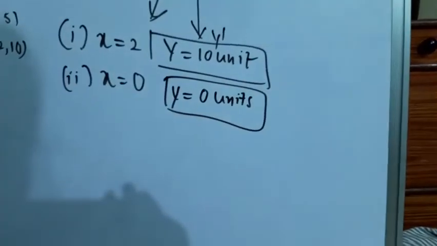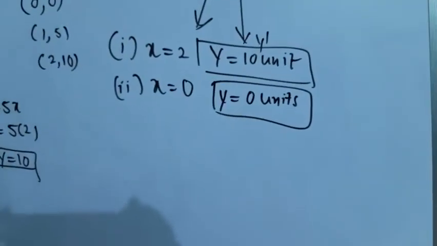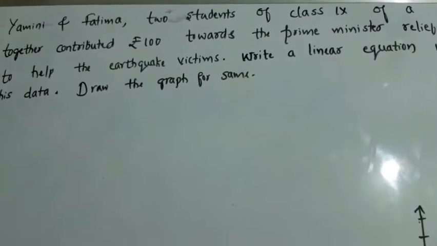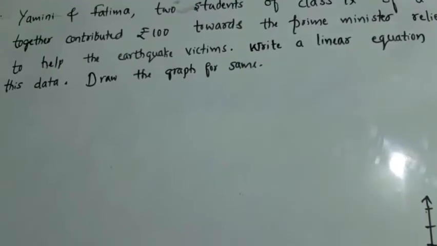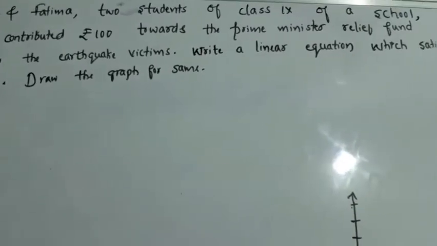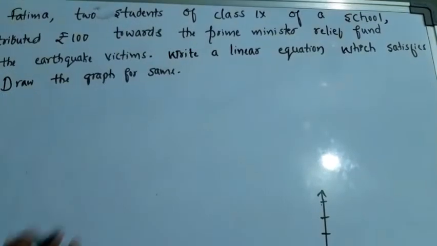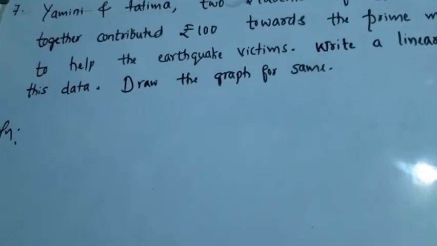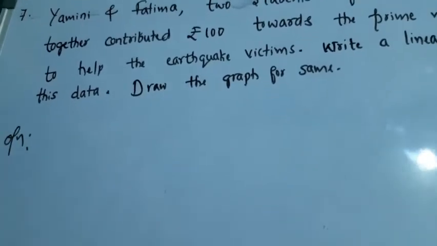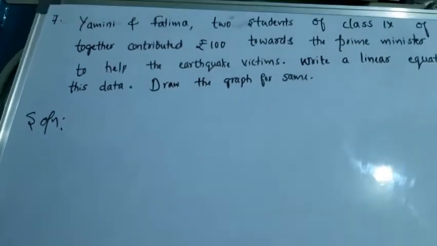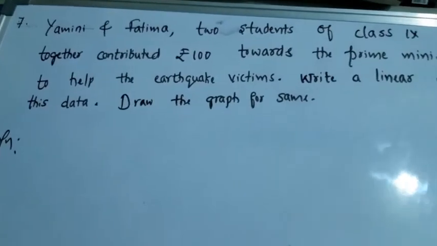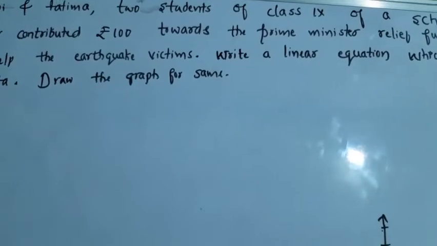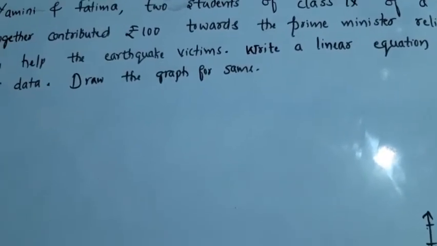Now students, the next problem: students of our school together contributed ₹100 towards the Prime Minister Relief Fund to help the earthquake victims. Write a linear equation which satisfies this data. Draw the graph for the same. There are 2 students who contributed to the Prime Minister Relief Fund, but we don't know who contributed what amount of money. So, what we are going to consider,